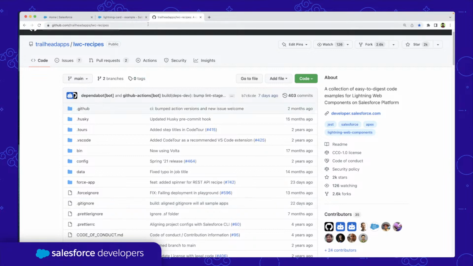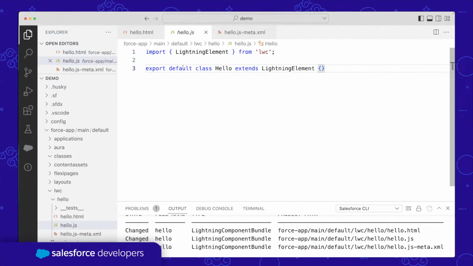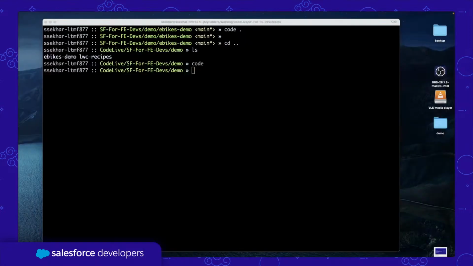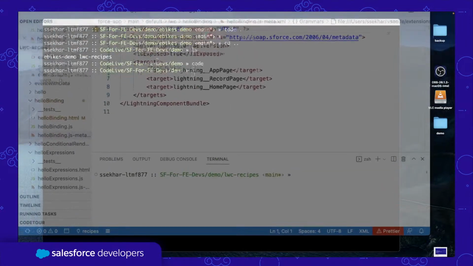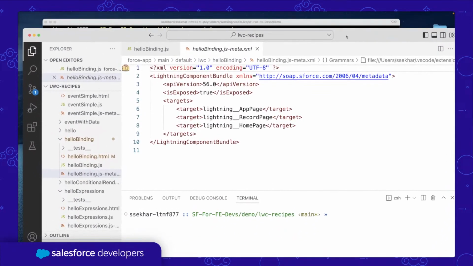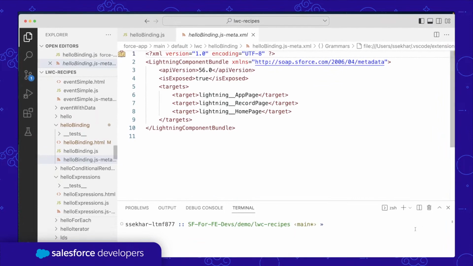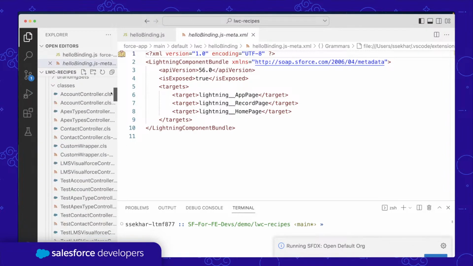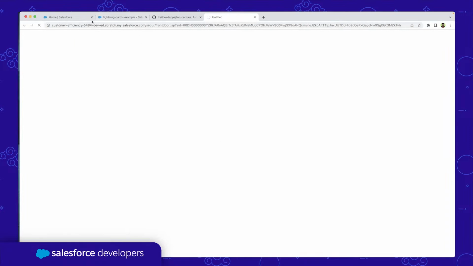So let's go ahead and let me open that. For now, let me close this project and open this org, the recipes org. The deployment is pretty simple. So once you go to, let us say,